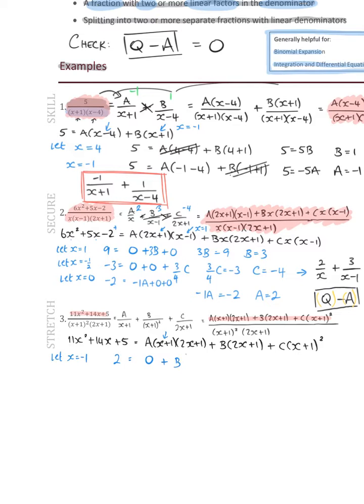B is going to be 2x plus 1. And c is going to be 0 as well. So minus b equals 2, b equals -2. So that goes in there. Okay, next I'm going to let x equal